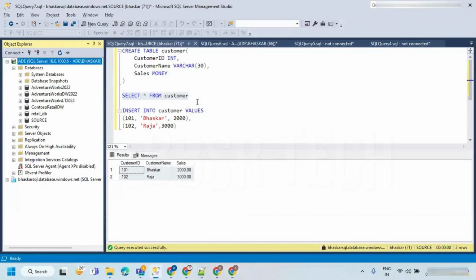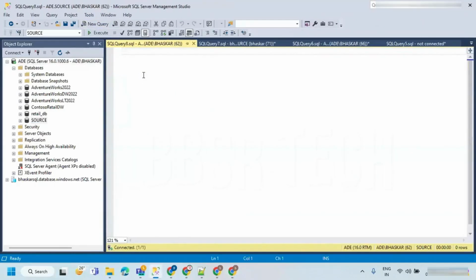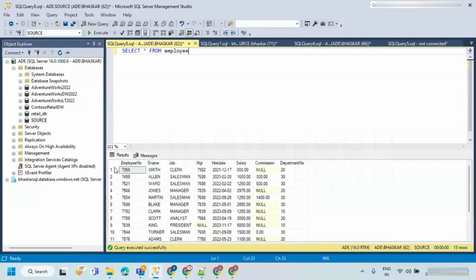So to read the data from the employee table, let's select this database and just check whether there is data in the table or not. Select star from table name, employee. Let's execute it. Now I can see the data. I wanted to read the data from all these records, all these rows from the employee table. Let's go here.